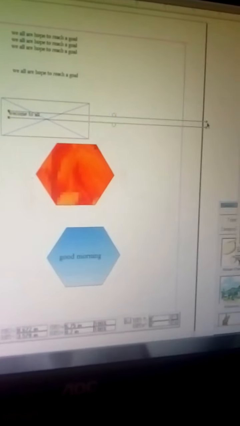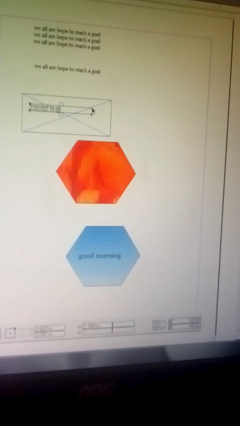Go to the pointer, click this one and keep it here. Decrease your text box, and then move it and keep it wherever you want. This is a single word. If you need this one also, bring it here and keep it.